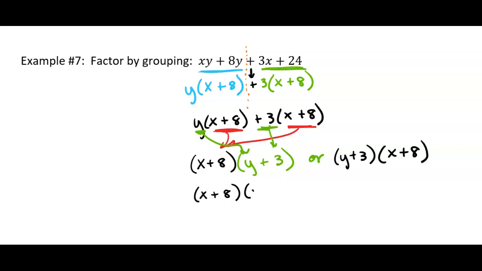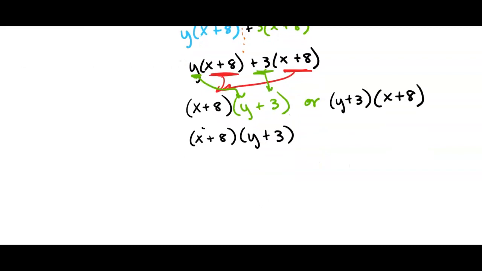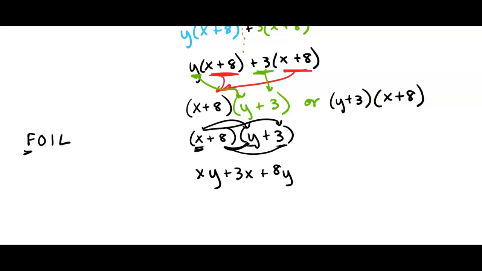So, okay, let's look at this one here and do the check. X plus 8 times y plus 3. So this will be a review of foiling. So you go x times y, xy, x times 3, 3x. I don't know if we've gone over FOIL. First, outer, inner, last. That's FOIL. So when we say first, we mean the first 2 terms. So the x times the y, that's the F. And then the outer is the 2 on the outsides, x times 3. That's where the 3x came from. And now we do the I, the inners, the 8y. And then finally we do the lasts. So we get